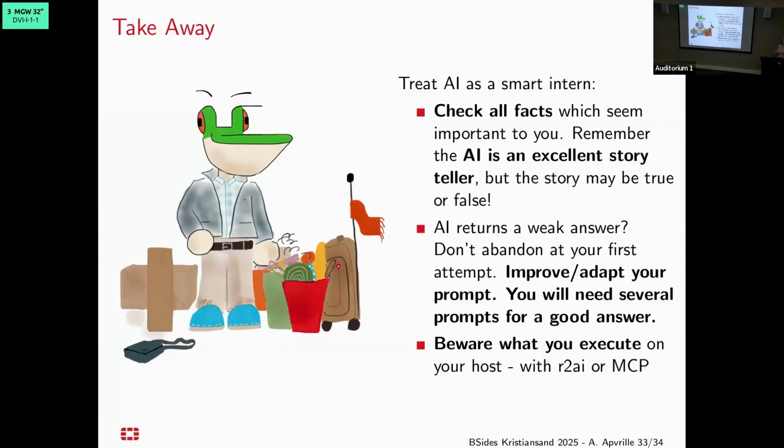And the other thing is that if you try the AI for just two minutes and it's not giving you a good output, do not let go immediately. You've got to persist a little bit, try again, improve your prompt. It's a little bit like having a smart intern in front of you. Your intern is not going to give you sparkling great results immediately. You'll probably have to guide your intern a little bit to get good results. It will happen, but you need a little bit more time.